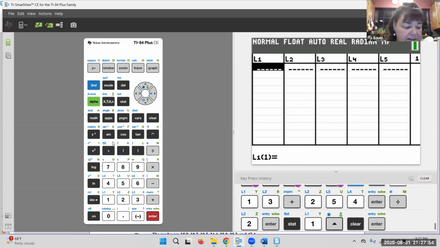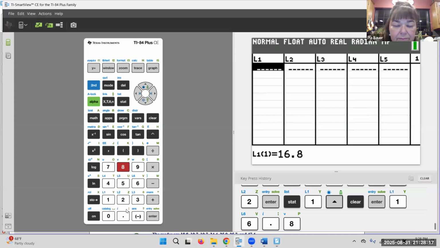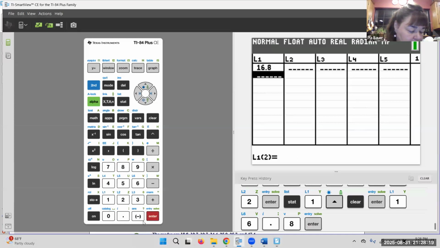So I have 16.8. I'm going to enter those in the calculator, so I have 16.8. Press enter. Then I have